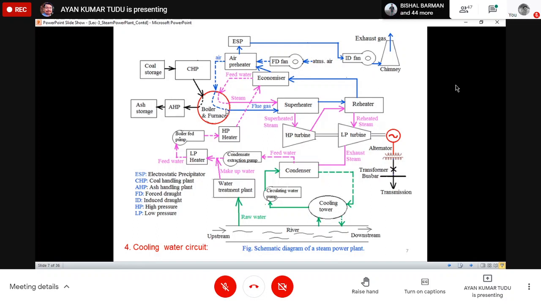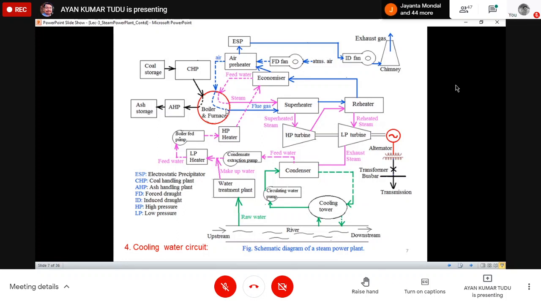And please remember that we are using feed water also. There's one point we have to remember, which we will see later: we may use two types of boilers, a fire tube boiler and a water tube boiler. In the water tube boiler, we always want to maintain the level of water in the boiler drum. Otherwise, if the water level decreases, there may be overheating of the water tubes inside the boiler drum, because of which there is a chance of an accident. So because of that also, we always try to maintain the water level in the boiler.